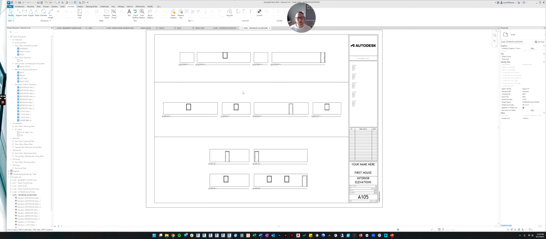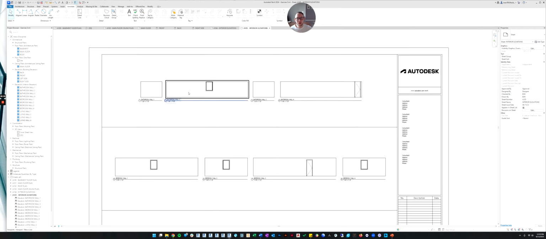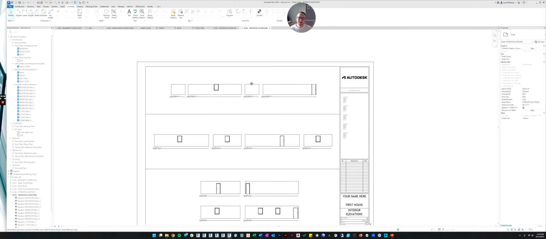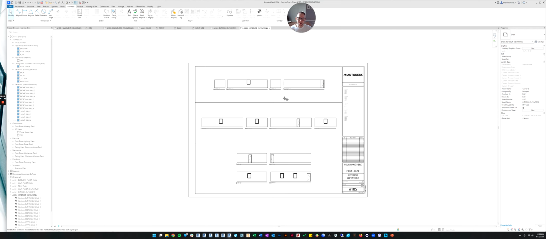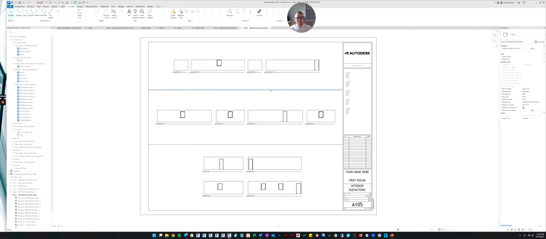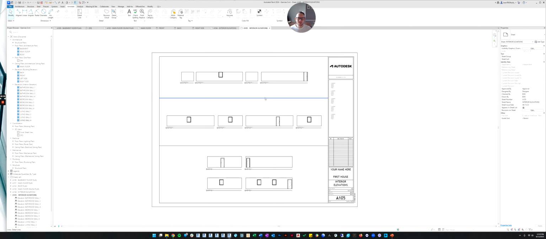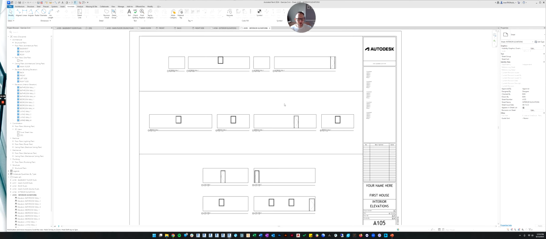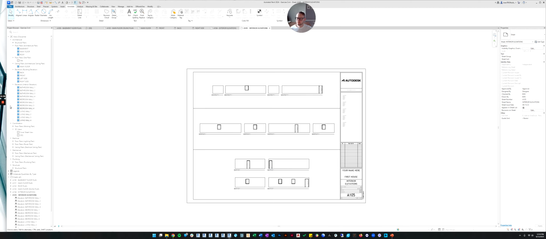Okay, so that's how you do interior elevations. Right now, these are very boring because we haven't put any finishes on the inside. There's no furniture. There's hardly any windows. They will get more interesting the more things we put in our model. But it's important that you know now how to create the views. And then as we add stuff to the model, it will automatically start to show up in your elevations. All right, good luck. We'll see you in the next video.